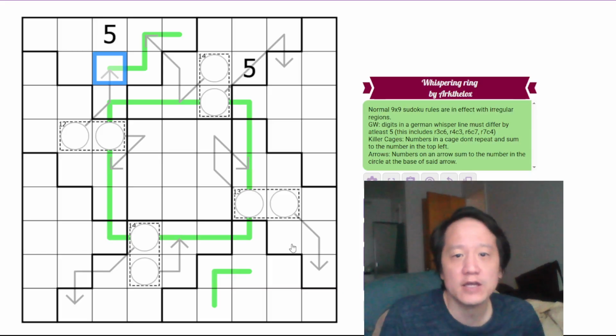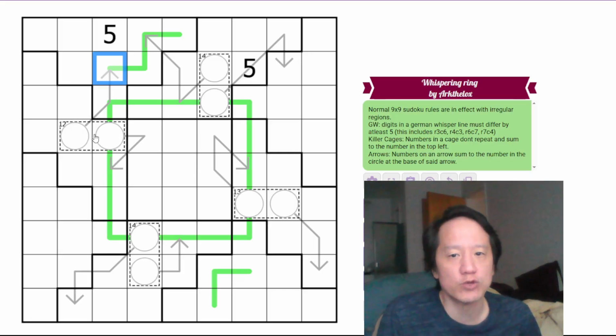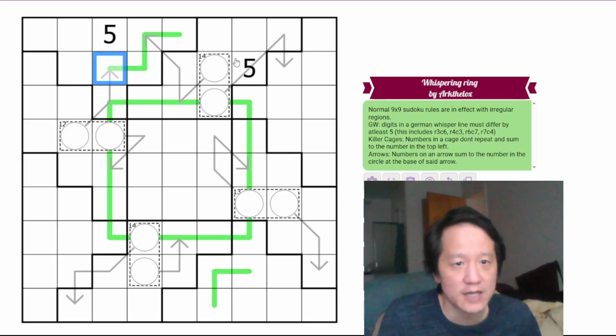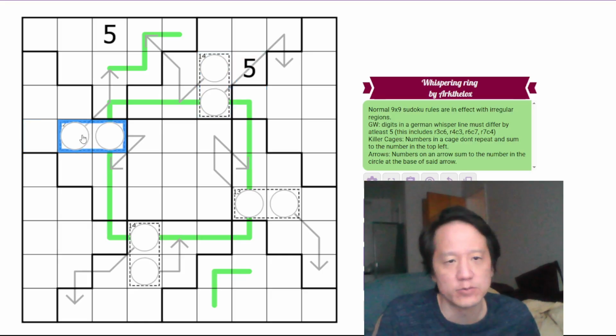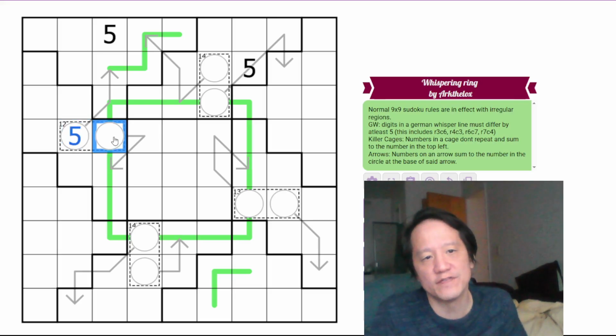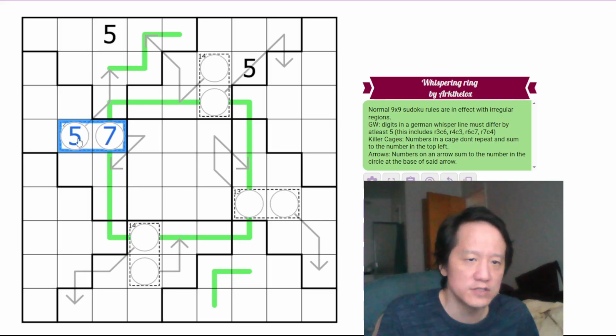We also have Killer cages, where numbers in a cage don't repeat. So you don't have repeats within a cage, but that's given because of the normal Sudoku rules. And the cage sums up to the number in the top left corner. So for example, these two digits must add up to 12. So if this were, say, a 5, this would have to be a 7, because these two digits must add